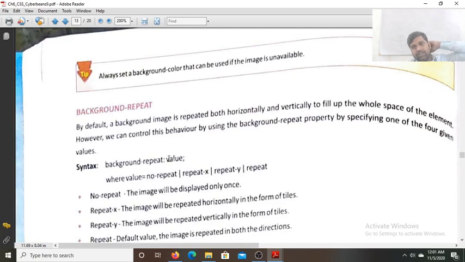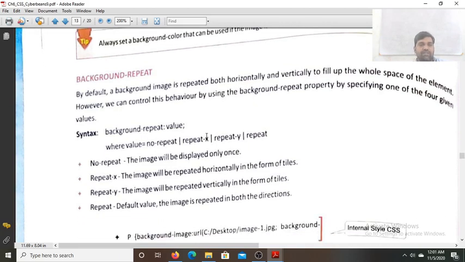Now the background repeat property. By default, the background image is repeated both horizontally and vertically to fill up the whole space of the element. However, we can control this behavior by using the background repeat property and specifying one of four given values: no-repeat, repeat-x, repeat along the x-axis, repeat-y, repeat along the y direction, and simply repeat, in both directions. With no-repeat, the image will be displayed only once.